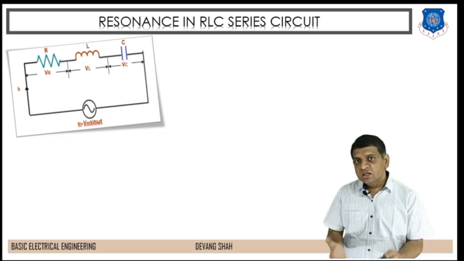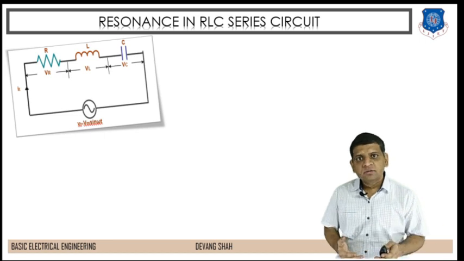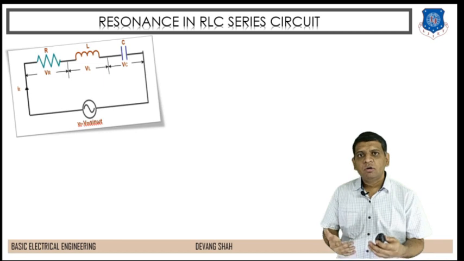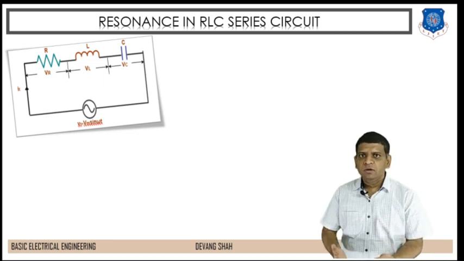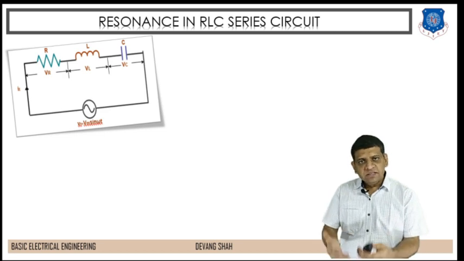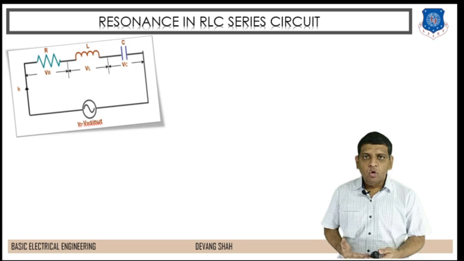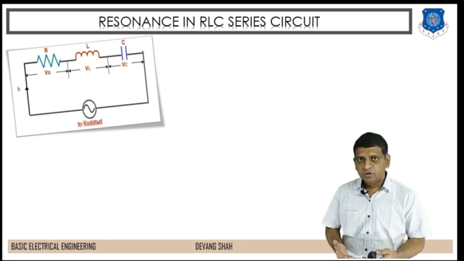If I am going to change the frequency, let's say from 0 up to certain megahertz or certain gigahertz, what would be the effect on the operation of this circuit? What would be the effect on the efficiency of this particular circuit? How do the resistance, inductor, capacitor, the voltage drop across all these three, and circuit parameters like the flowing current in the circuit behave?